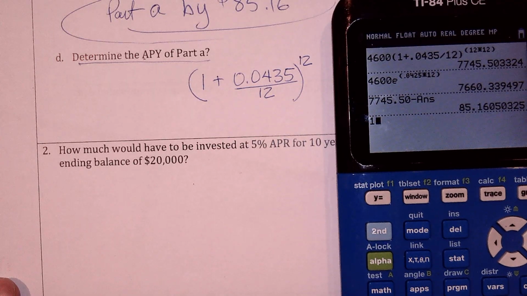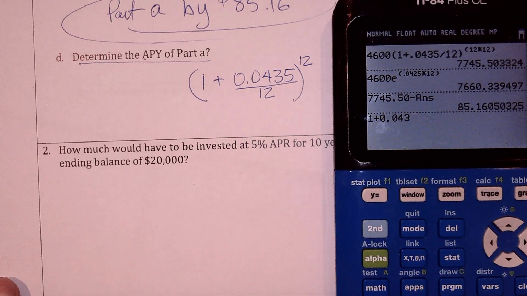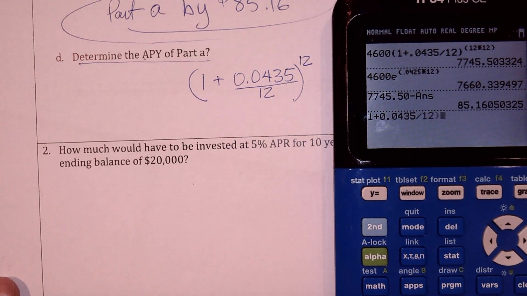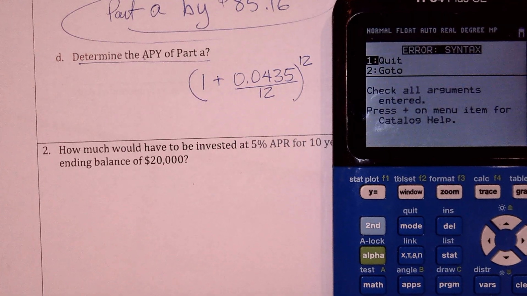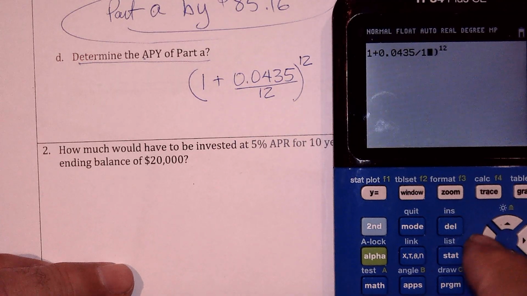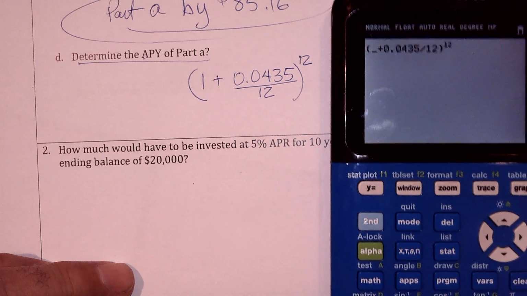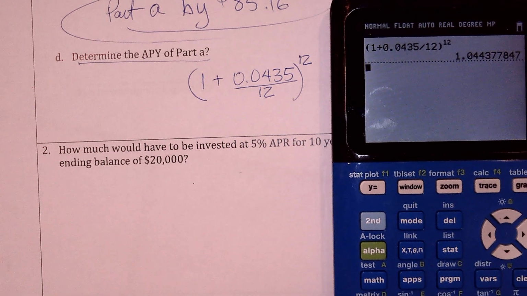1 plus 0.0435 divided by 12 to the 12. Oh, I typed in something wrong. I didn't have a parenthesis in the beginning. Insert a parenthesis. And that comes out to be this, which is all of my money plus